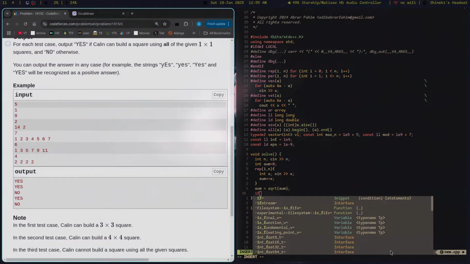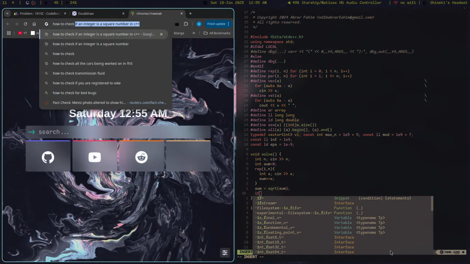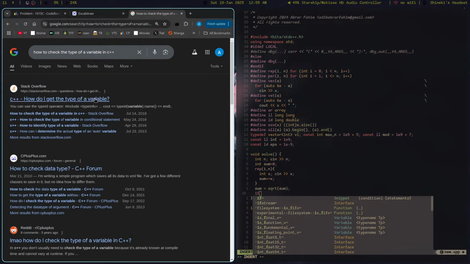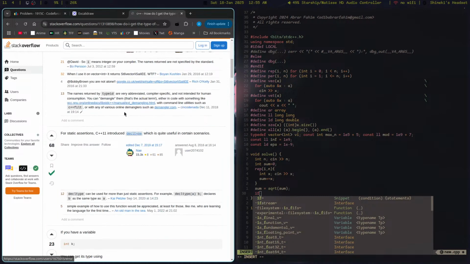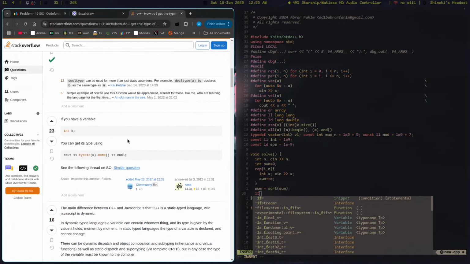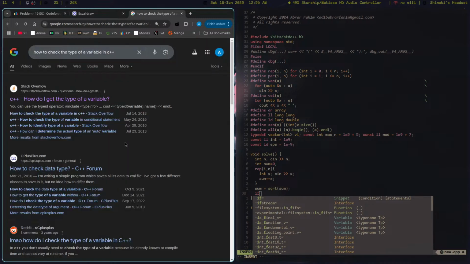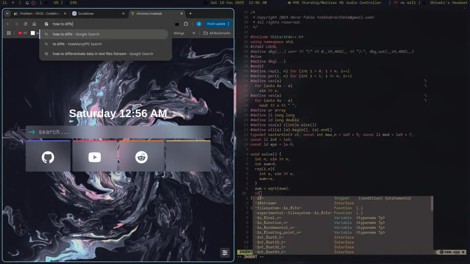Okay, actually I have to look it up. How to check the type of a variable in C++. So we are going to use typeid. How to differentiate